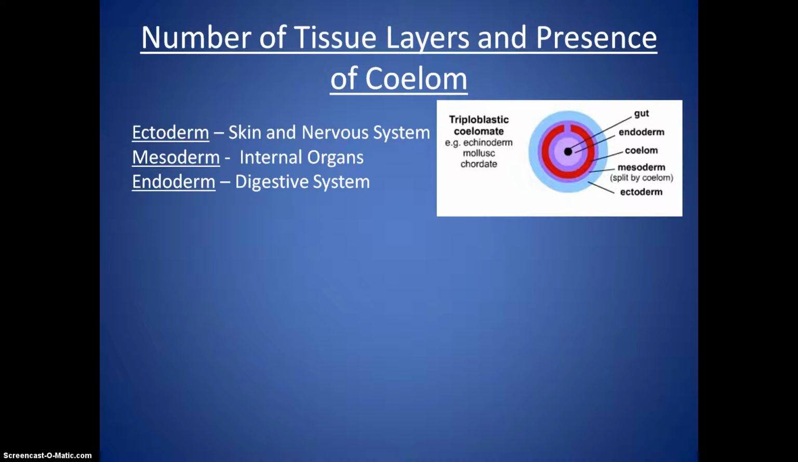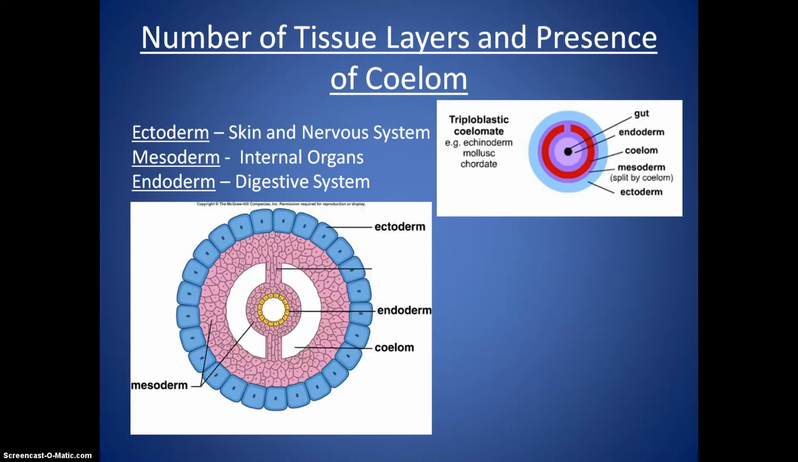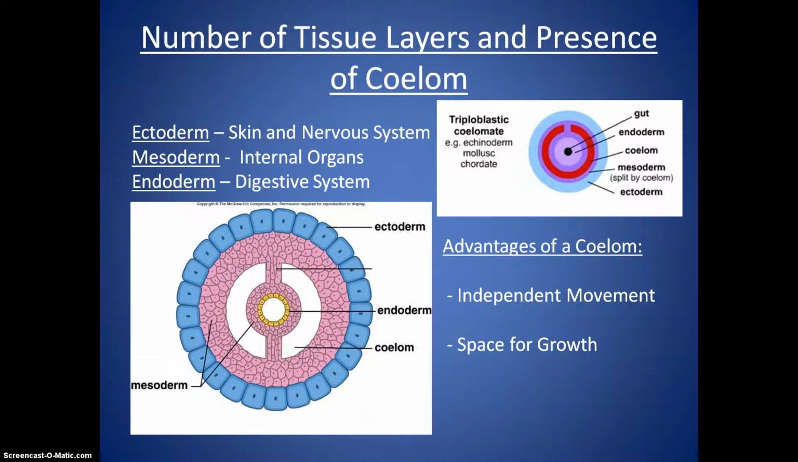All chordata also contain a coelom, which is a fluid-filled cavity within the mesoderm. Having a coelom has the following advantages. It enables independent movement of the gut wall and the body wall, provides space for the growth and development of internal organs, and it can act as a circulatory medium for transport of materials or a storage area of excess